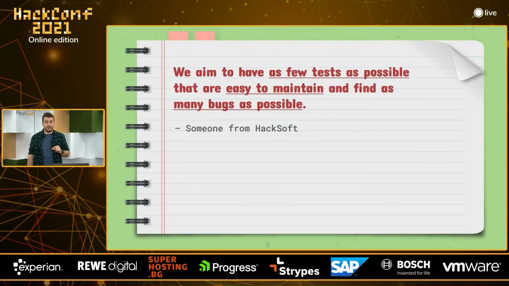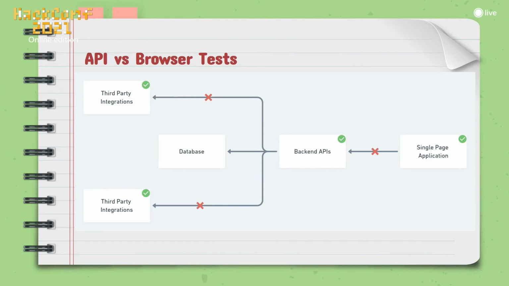And we decided we don't want this, we want the total opposite, like a few tests that are really easy to maintain because we don't have the time to focus on this for months. And we want these tests to be actually useful. We want these tests to be able to find bugs. And if they're not finding bugs, that means that either we're too good of developers, which is probably not the case, or our tests don't do anything. So this was our end goal. We wanted to have as few tests as possible that are as easy to maintain as possible and capture as many bugs as possible.